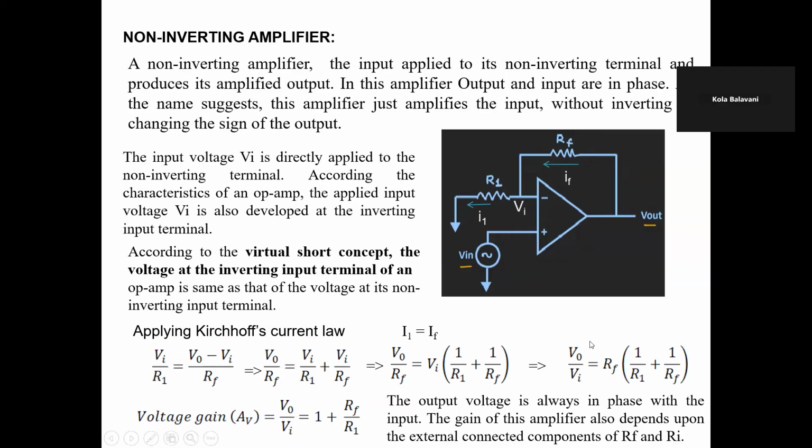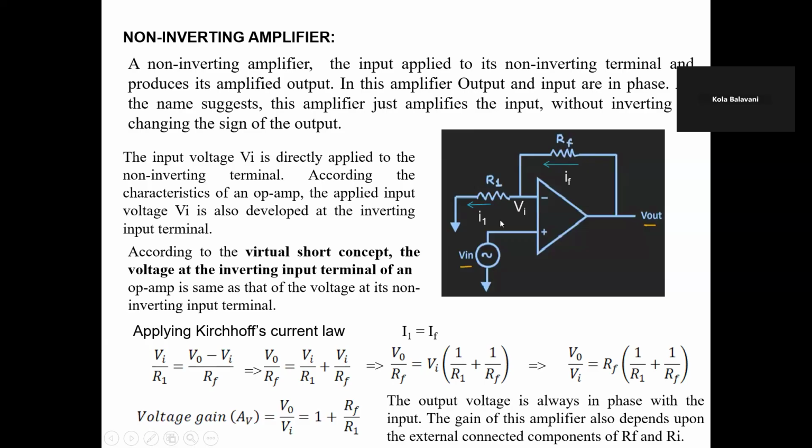So here we apply the input to the non-inverting terminal. The voltage at this non-inverting terminal is Vin. By following the virtual earth concept, the voltage at this point is also Vi. Apply KCL at this node: the incoming currents are equal to the outgoing currents. The current going in this direction is connected to the ground, so it will choose this path only. So by applying KCL at this point,